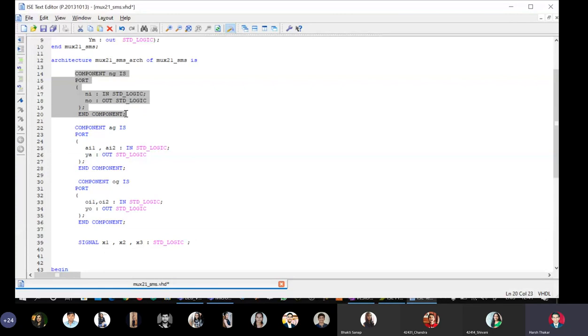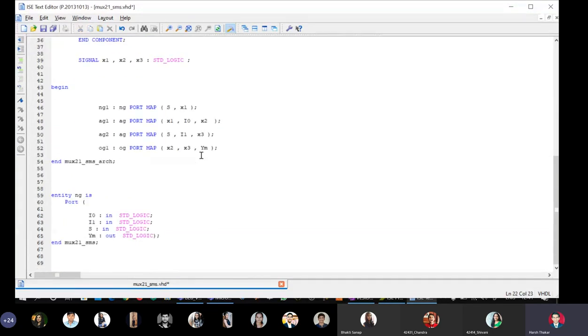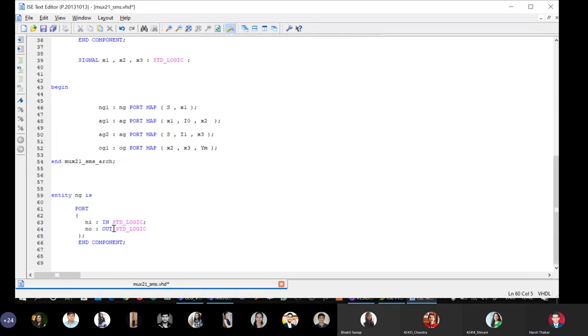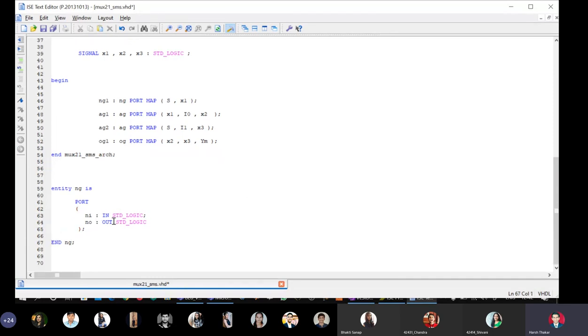I will copy this whole thing, paste it there and just make some changes. It's clear. It's done. Just instead of end component, you have to write end ng, and you can even omit it according to VHDL 93. So the entity declaration for the NOT gate is over.